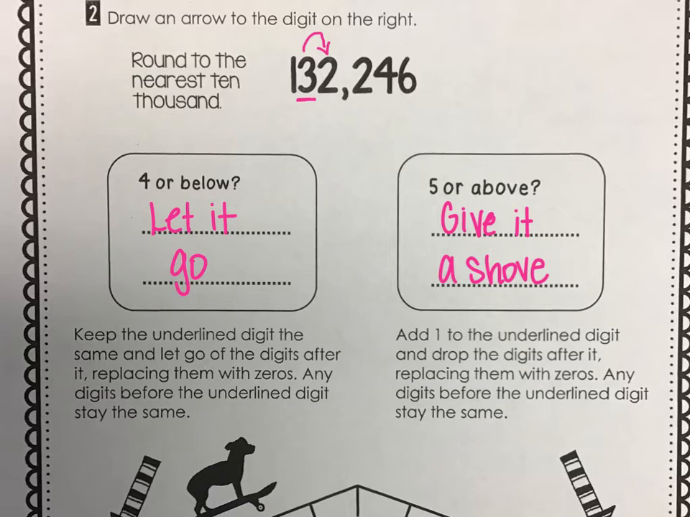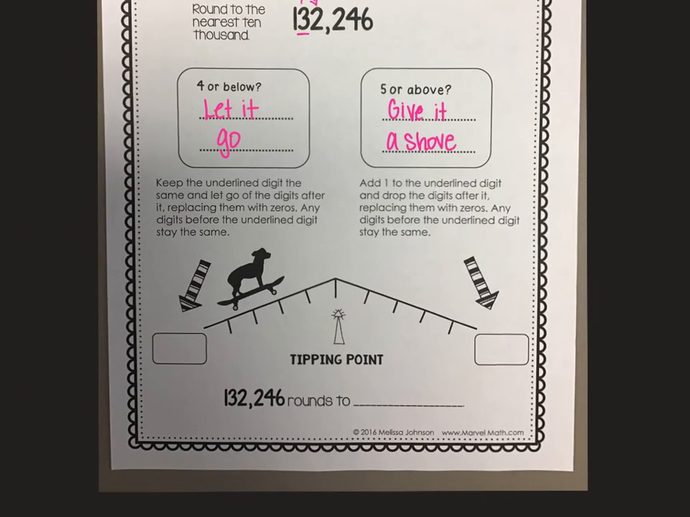If it's 5 or above and we give it a shove, we're going to add 1 to the underlined digit. So you would add 1 to that 3. And you drop the digits after it, replacing those with zeros. And any digits before the underlined digit stay the same. So let's look at some examples. So we've got